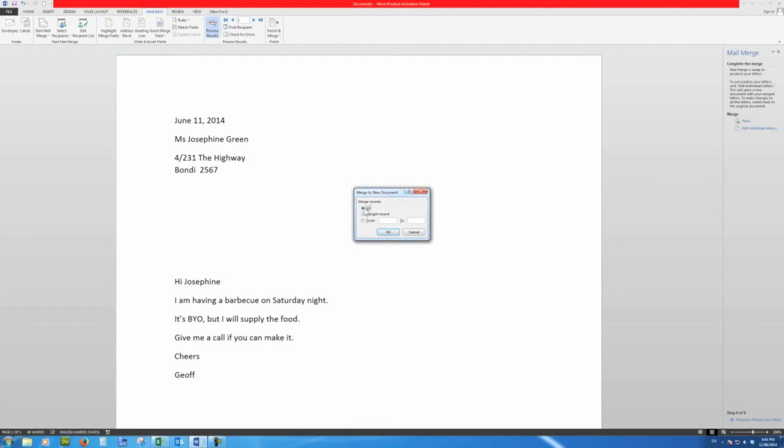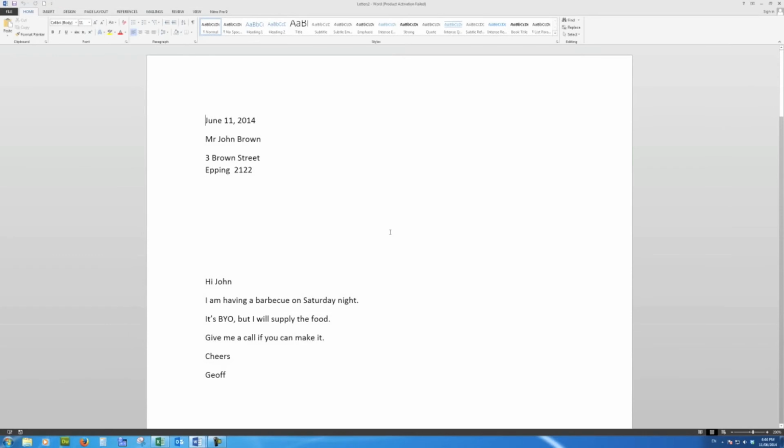I want to merge them all, so I'll make sure there's a dot in all, and when I click OK, what happens? Word completes the merge, and now I see that it has added a file down here, and it's called it by default Letter 2. And if I open that file